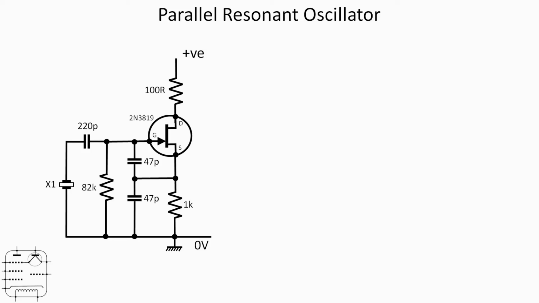And incidentally the 220 picofarad capacitor, which is many times larger than the rest of the circuit, is just a DC blocking capacitor there in series with the crystal. But the crystal is most definitely in parallel with the 47 picofarad capacitors, and bias being provided by the 82k